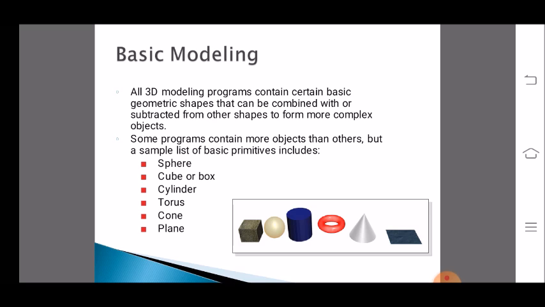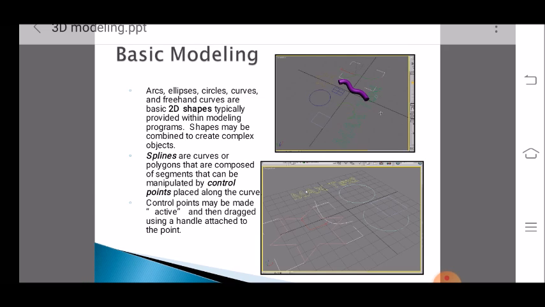So what are the basic solid primitives available? A sphere, cube, box, cylinder, torus, cone and plane are the basic 3D modeling features available, and by combination of those we generate different kinds of surfaces. So how can we 3D model? We may have a draft or a drawing, and after operating on that particular two-dimensional shape in a particular way, we will be able to generate a model.